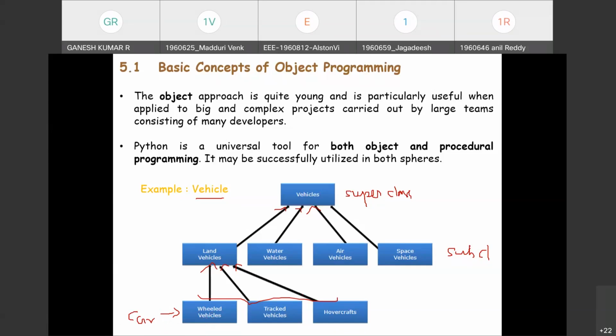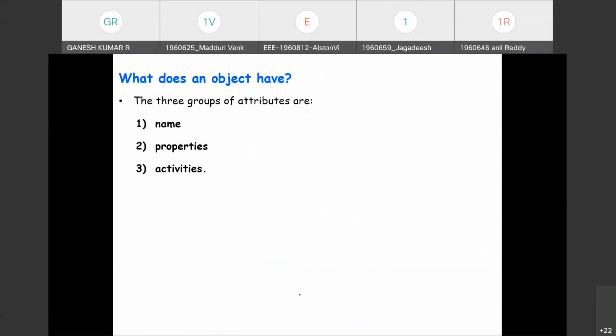Next, what does the class object have? Having understood the concept of class, please note a class is a template, similar to a container. Members of a template are called objects.